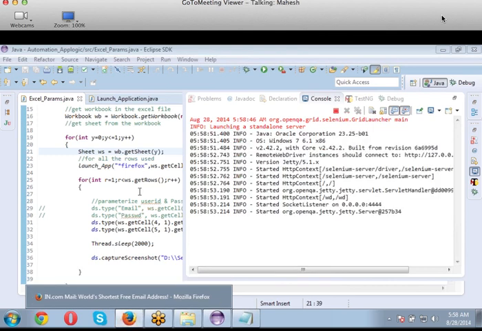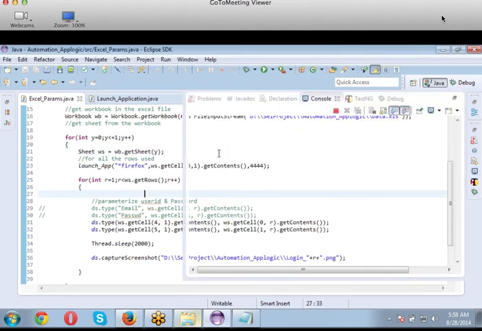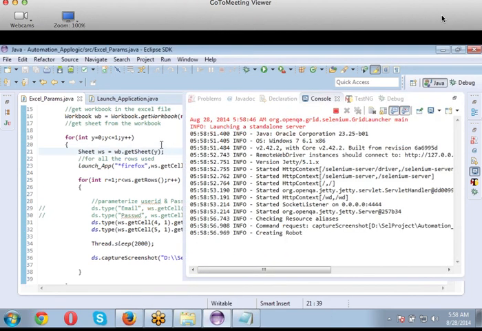There you go, launching my standard server.